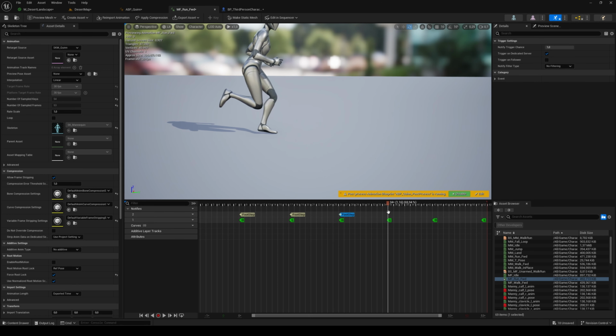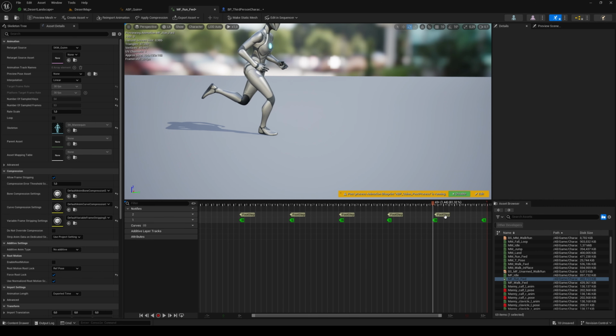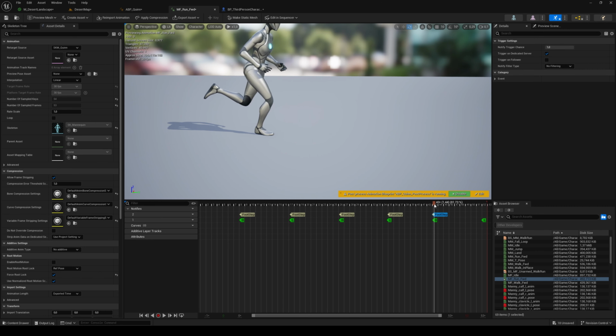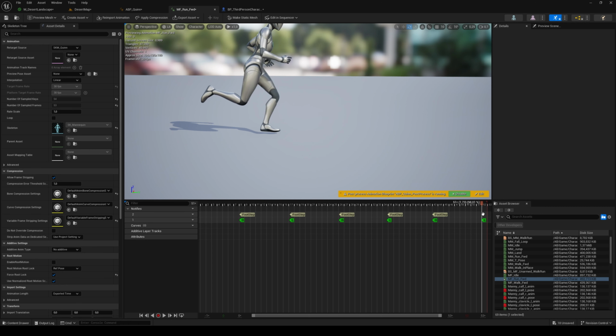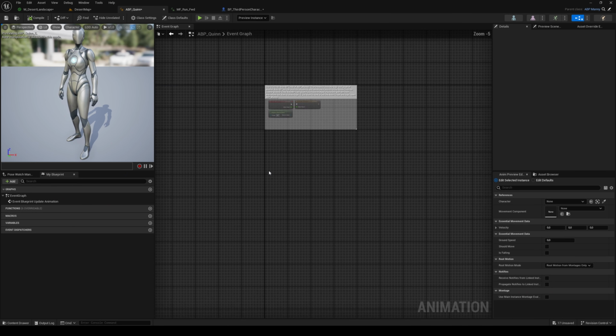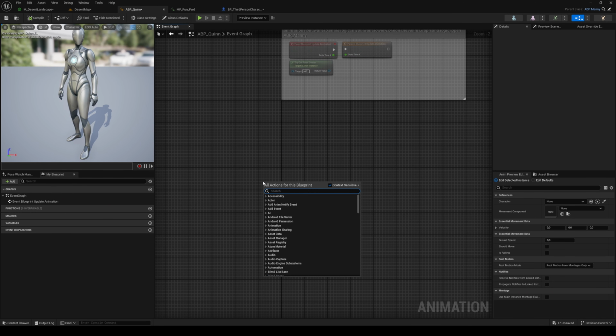Make sure that it's placed on the right position, like so. And we're good. So now we need to go in the animation blueprint, and we want to look for event notify,